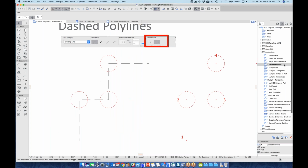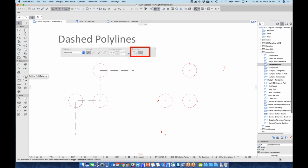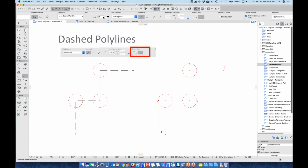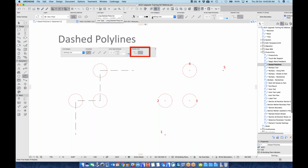So with the dashed polyline, if I get you to select the polyline tool, just double check that you have long dashed polyline selected and the geometry method polygon. The polygon has a new option. So if we scroll through our info box through the top here and come across down to dashed lines, there's two options. One is continuous and one is by segment. Select by segment